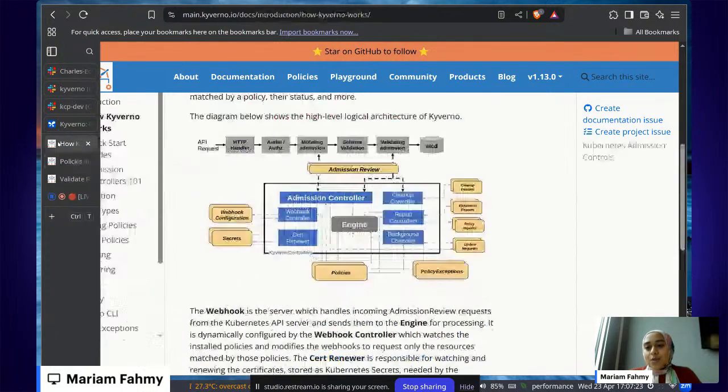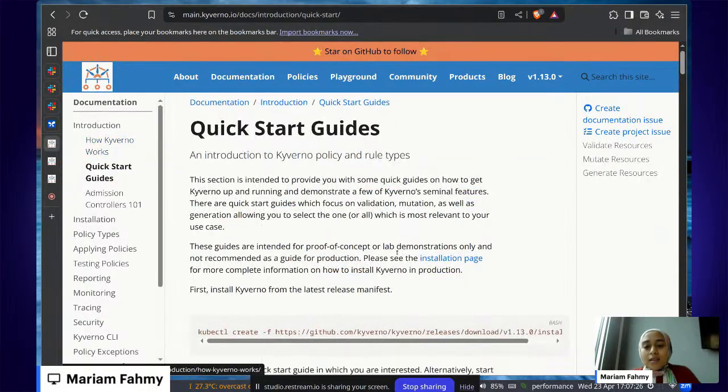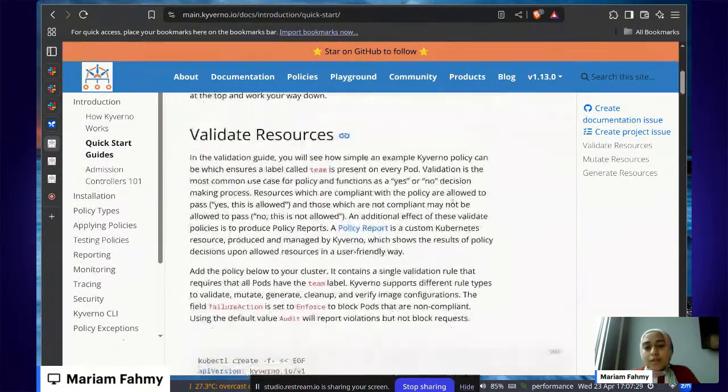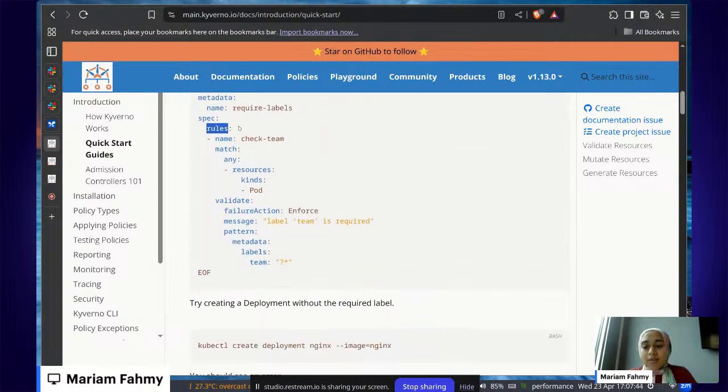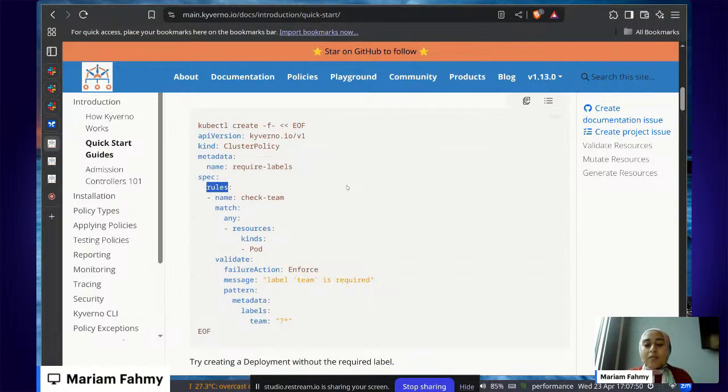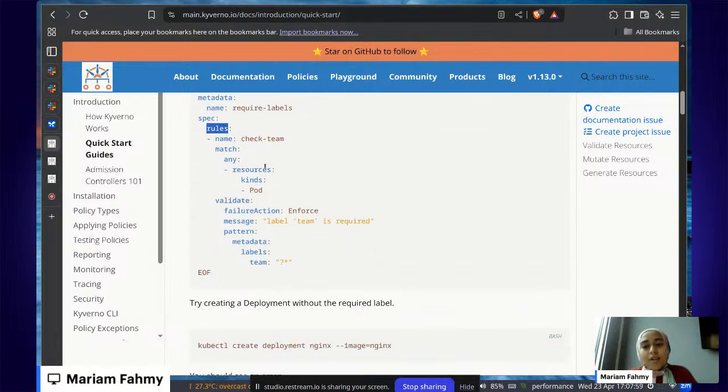Yeah, and that's it. So we can have a quick look at some examples of the current behavior. In case you need to validate a resource, you can write a Kyverno policy of type ClusterPolicy. Under the spec field, we have the rules field. As you see here, you can actually define more than one rule. This policy can have multiple rules, for example one to validate the resource and another rule to mutate it, and so on. For the sake of this example, this policy matches pods and it uses the validate rule.